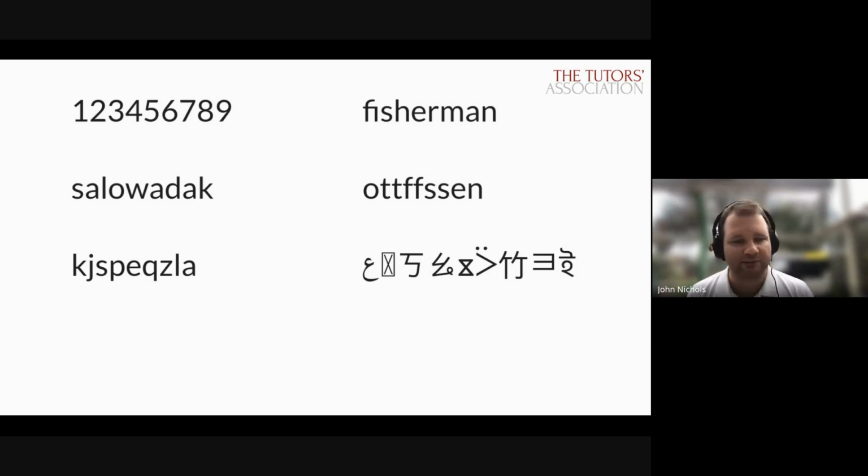Now, obviously, when we get to the random sequence of letters that doesn't make any sound, has no apparent link to anything, it gets a lot harder because now there's no way of encoding and decoding the sequence. And then when we get to the last series of symbols, you don't even know probably what these symbols are. One of them looks like it's Chinese. One of them looks like it's Sanskrit or something. One of them looks like it's Arabic. One of them is just a box with a cross in. And this doesn't seem to make any sense to anything. You can't even give a label to each symbol, let alone, I mean, at least with the KJSP, you know that the letter K is code for a sequence of lines.